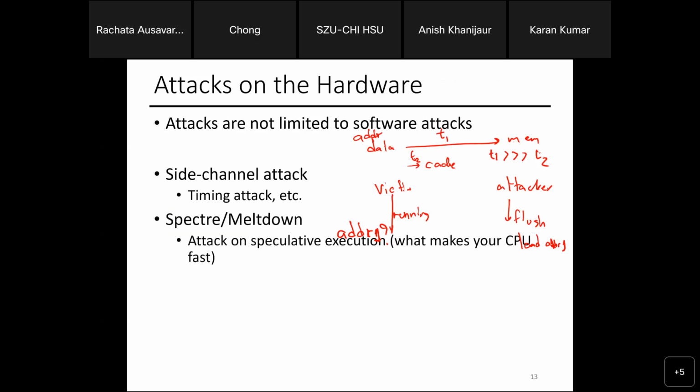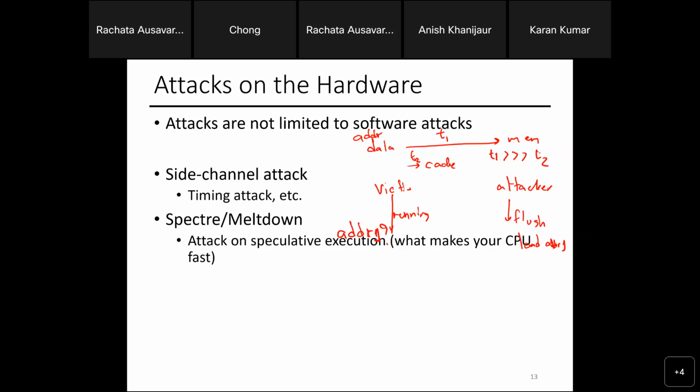When was Spectre and Meltdown? I think it's 2017, I'm not sure. It's sometime along that line. Another set of attacks comes in called Spectre and Meltdown. This made quite an impact because they use this timing attack to figure out the address and then attack a few more things in the CPU. We can talk about this in module number 3, because then you have to learn a little bit more about how the CPU works.